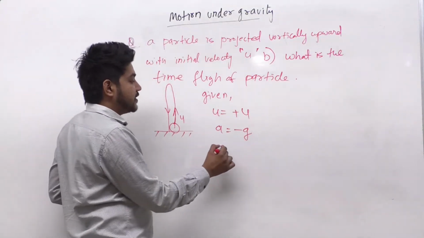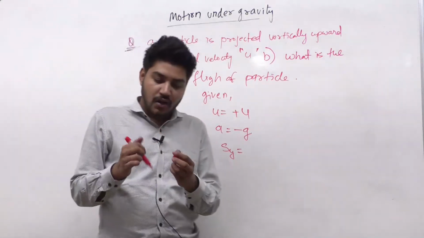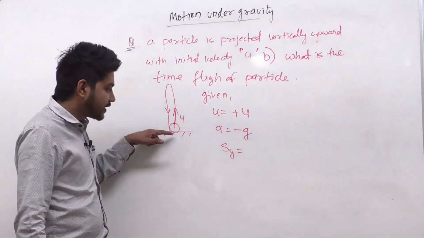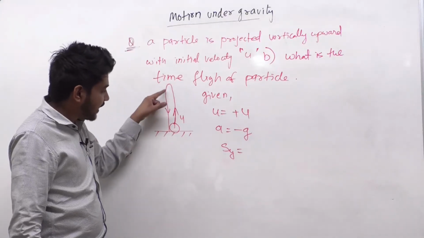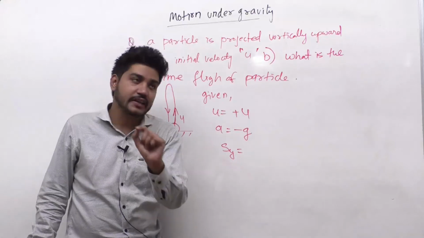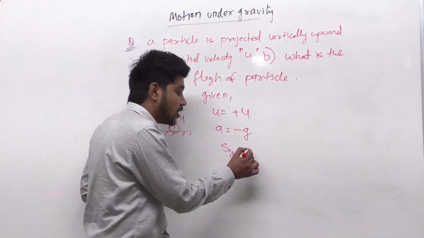The third thing is displacement. For time of flight, displacement along the y direction. So if I talk about one time period, what is the displacement of the particle? We know if the particle is projected from the bottom or from the origin, then it is again coming to the origin after the time of flight, after time t, right? After time t, the displacement along the y direction is what? 0.